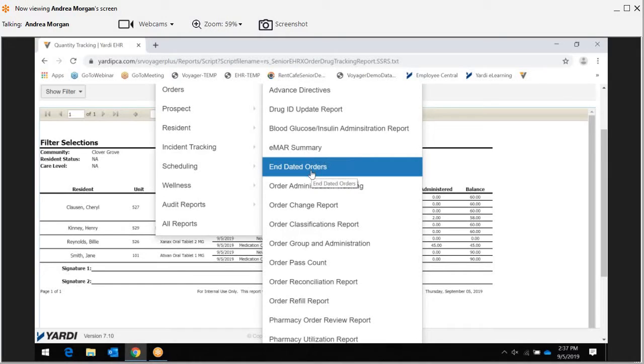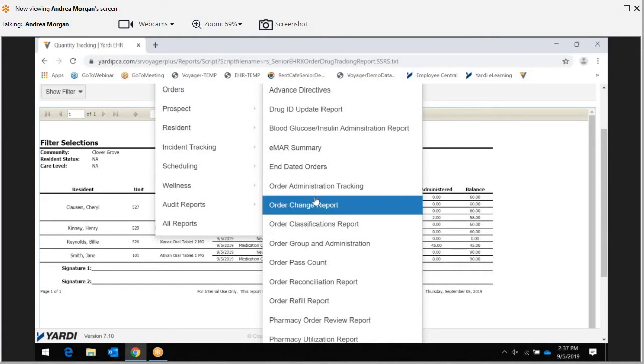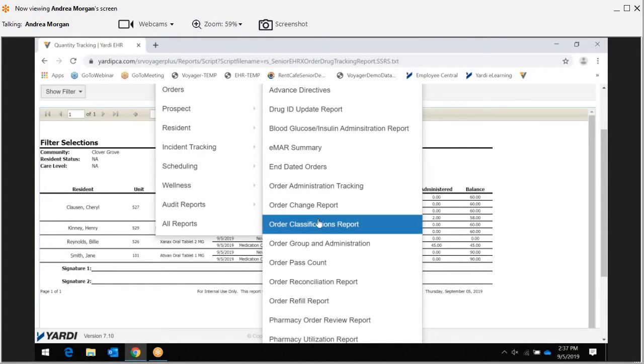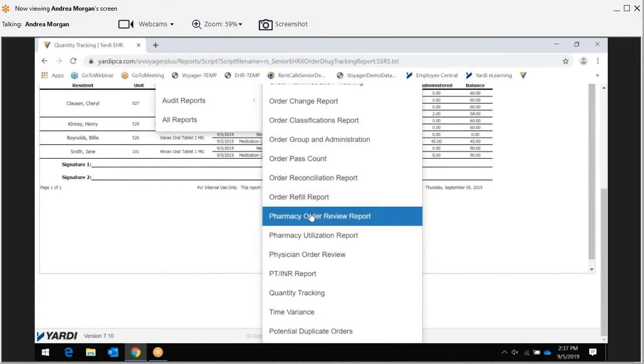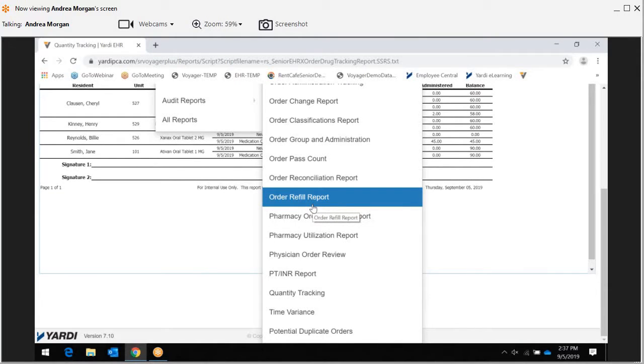Summaries can be end-dated orders, when things were entered, ended. There's a classifications report if you need to see, I want to see all of my residents on the anti-coags or what have you. I mean, there's so many reports. For the refill report, who's due when. Of course, a lot of these reports are dependent on information that you enter in. So if you don't enter certain information in,